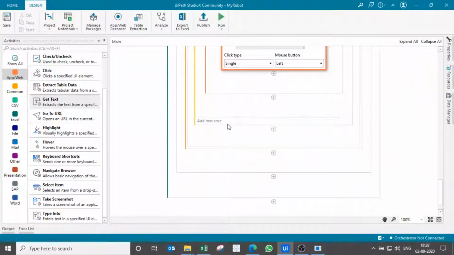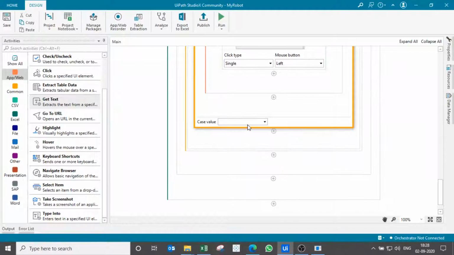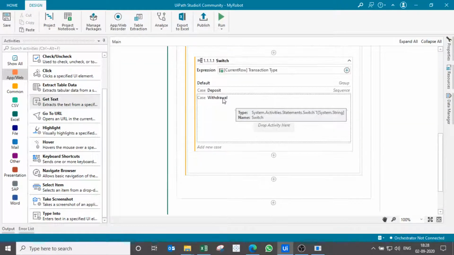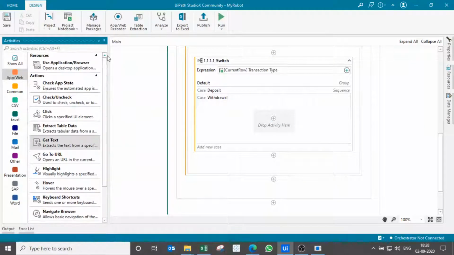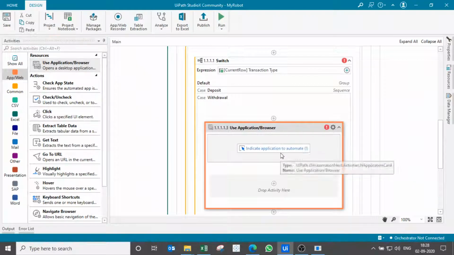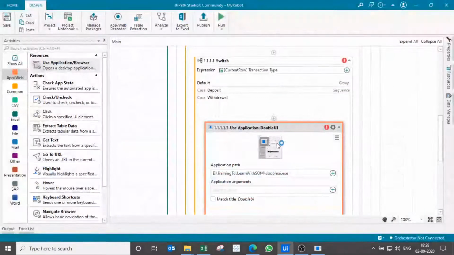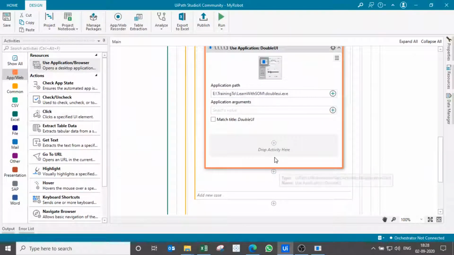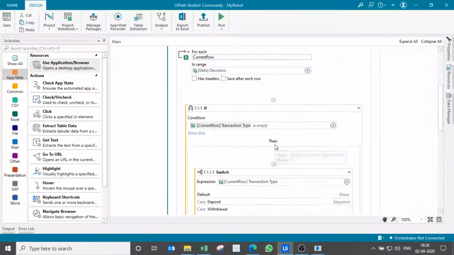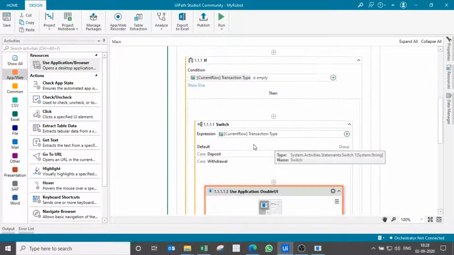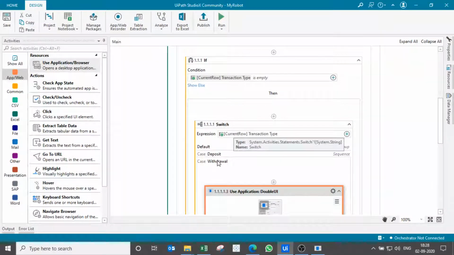Now we will add another case, that is withdrawal. Then we again have to add an application browser. We will indicate this application browser, and then we have to add again, as we did in the deposit case.